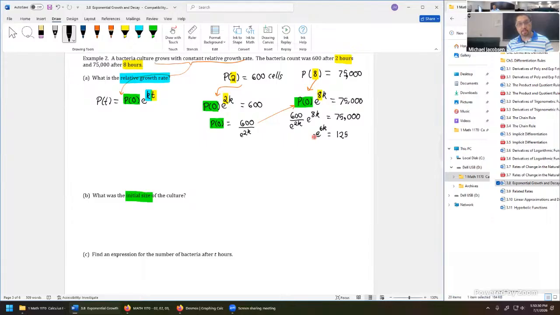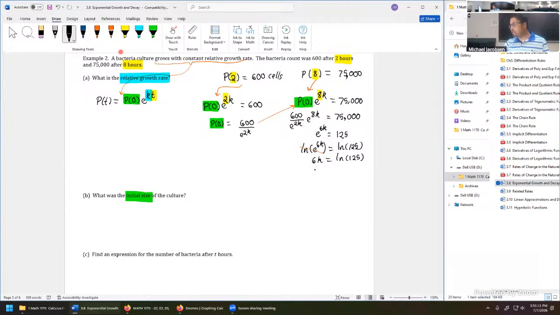So now on this equation, this is a good algebra review part on its own. We use properties of logarithms, which there's a couple schools of thought. Convert this to logarithmic form or use a function inverse. Either way, you're going to get the same result. This is the way it's typically visualized. Take the logarithm of the same base as the base exponential. That would be just the natural logarithm. So it's natural logarithm of e to the power 6k equals natural logarithm of 125. Reason we take the natural logarithm is because it's now inverse to the exponential. They undo each other. And now 6k is natural log 125.